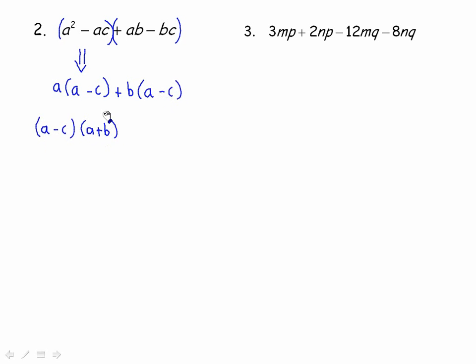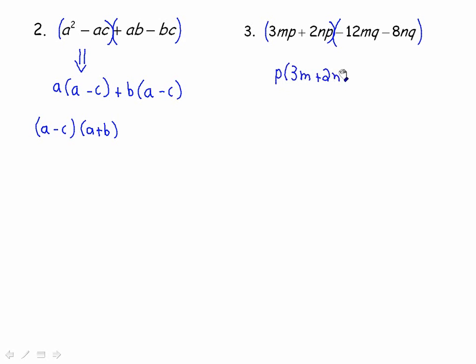Now number 3, looks pretty routine, and it is actually fairly routine, but you look for that common factor all the way through. I don't see it, so a 2 by 2 makes sense for us again. The only thing that's a little different now is with these negatives, but I don't think that's going to shock anybody. I can only factor a p out from those first two, so divide it out and I get 3m